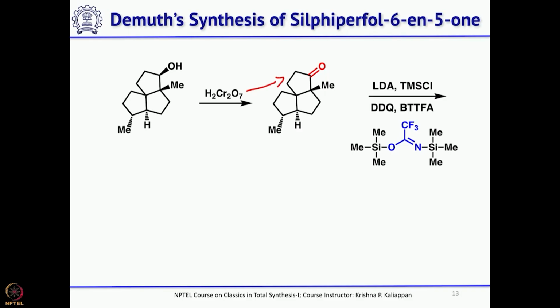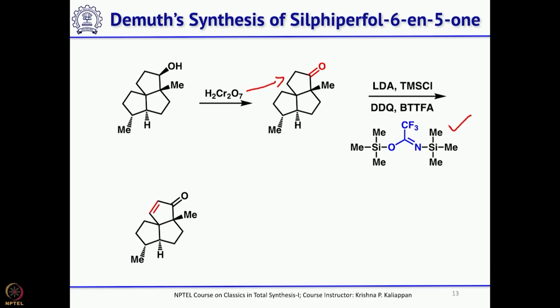Then for introducing the double bond, you use DDQ and this exotic reagent, which looks like an exotic reagent, but it is not. It is a reagent derived from trifluoroacetamide. Take trifluoroacetamide and treat it with trimethylsilyl chloride, you get this. So, this is the reagent, you know, you can introduce a double bond